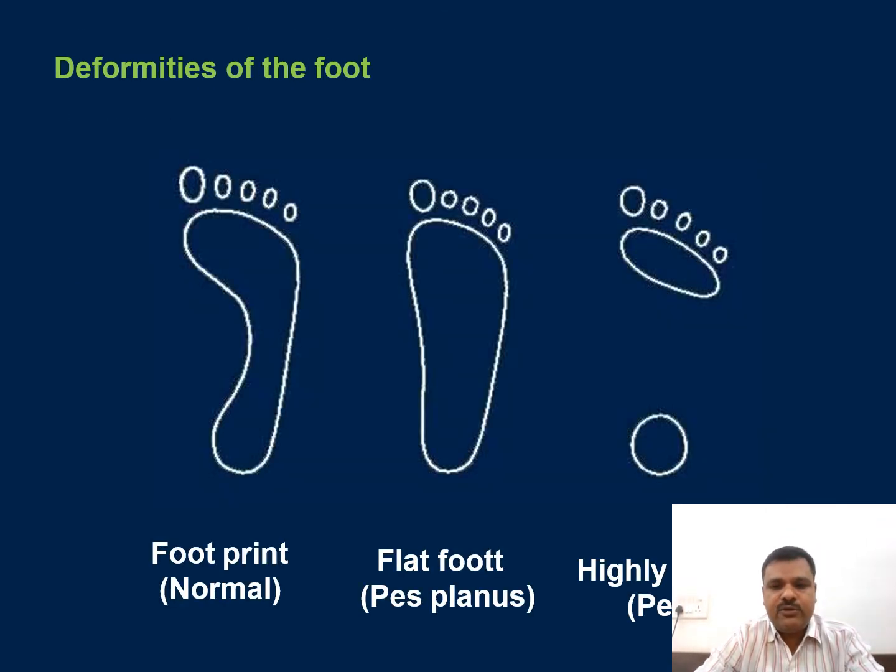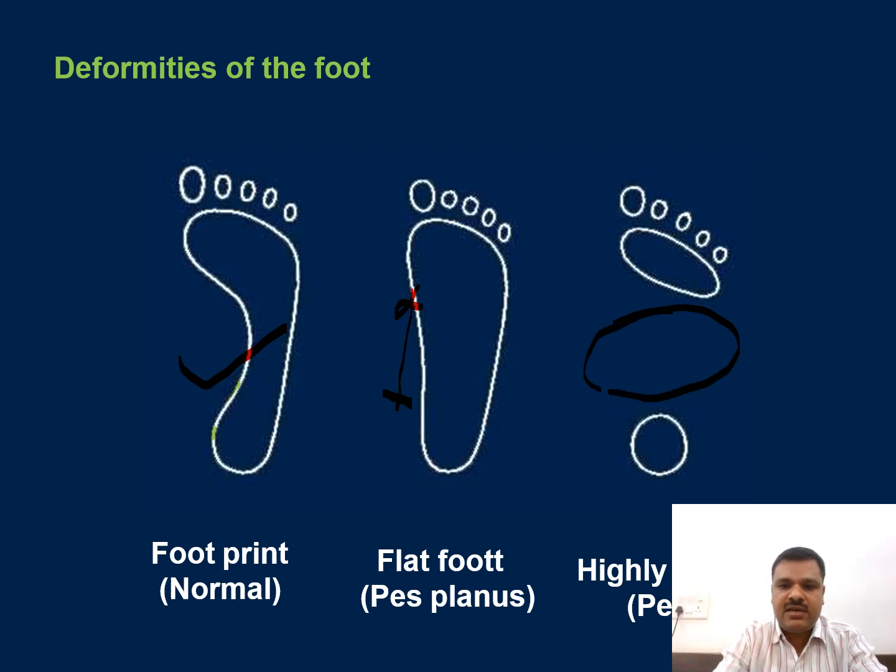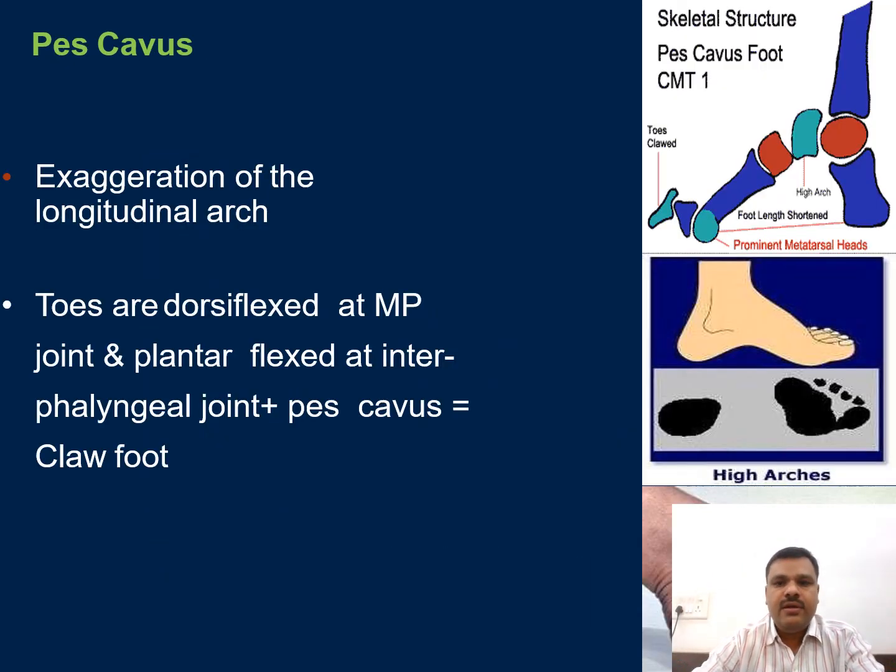Now there are certain deformities. You might have seen the footprints. So this is the normal footprint which we can see in day-to-day life. But sometimes we see that the medial part is touching the ground. So this is something which is called pes planus, flat foot, and we can see that in some persons the middle part is missing. This is due to the highly arched foot. Okay, so that is because of pes cavus. Now in pes cavus, the foot is excessively highly arched. That's why it's not touching the ground, and the middle part is missing.